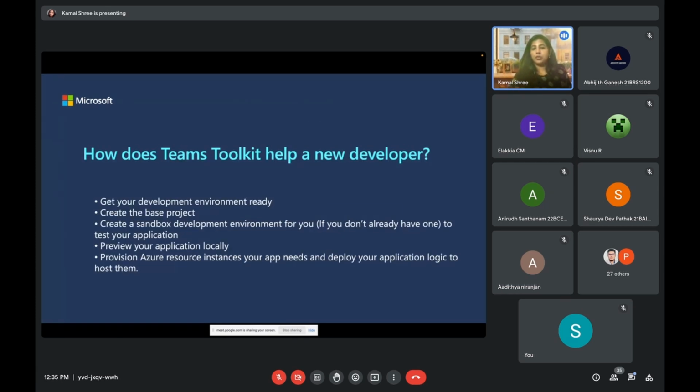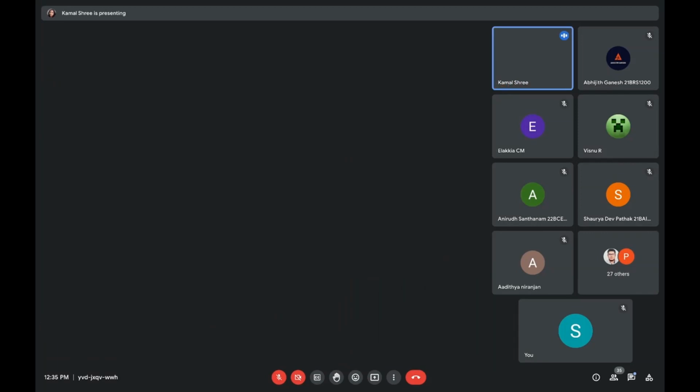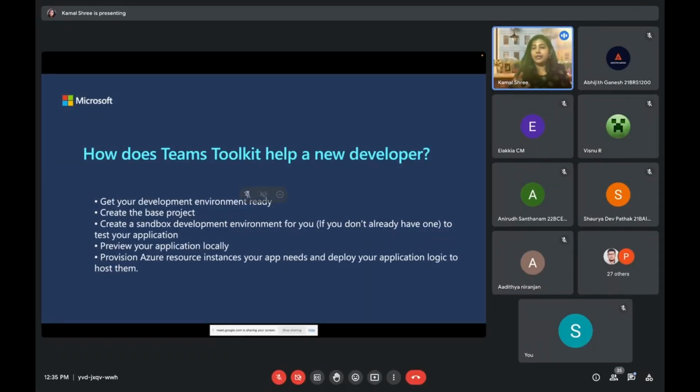As I told you, a few more points about Teams Toolkit: it keeps your development environment ready. The moment I click on the plugin, say create a project, it sets up everything for you. And it's pretty simple. You just have to get into each file to understand what exactly is happening. It creates a base project. It sets up the sandbox environment for you, if you already have one, to test your application, and then just connect to the browser, run on the browser, F5.